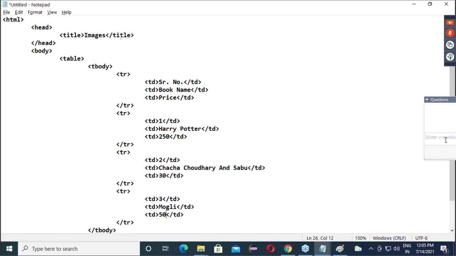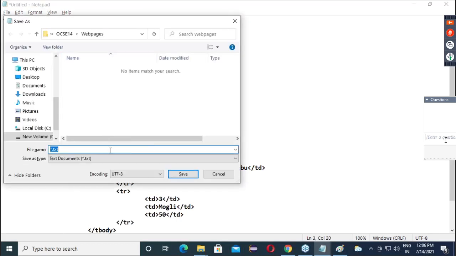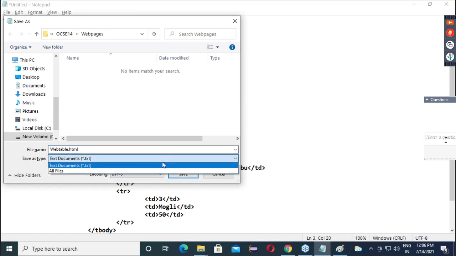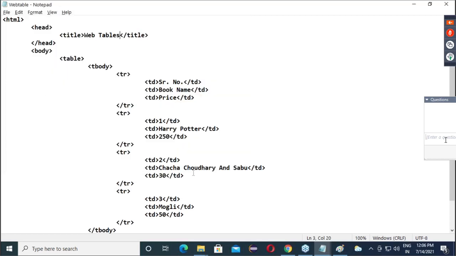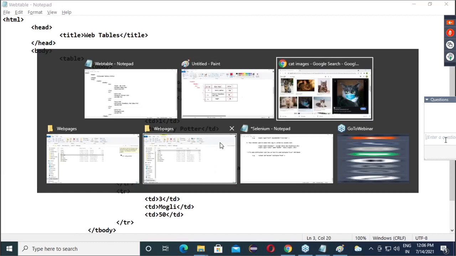So let's cross check whether we are getting a table or not. What will be the title? Web tables. Save this as a web page, web table dot html. Save as all files. Click on save.